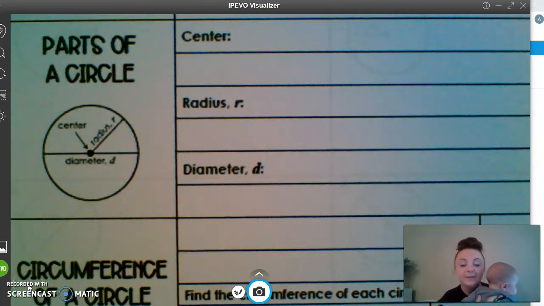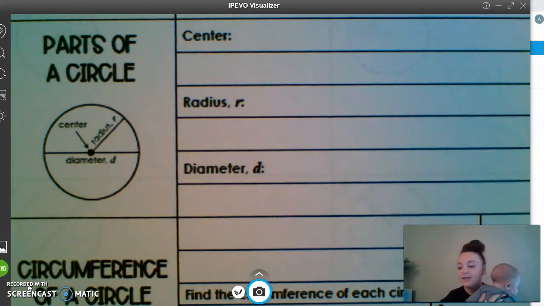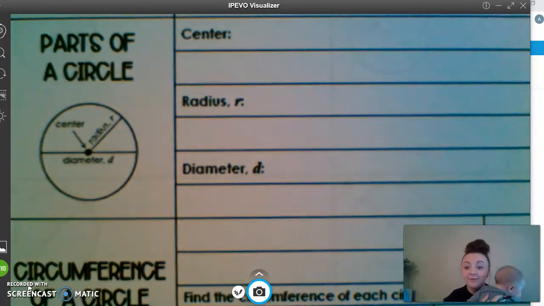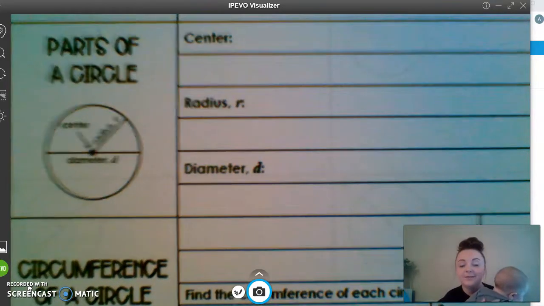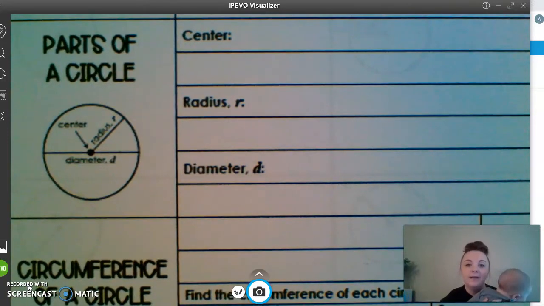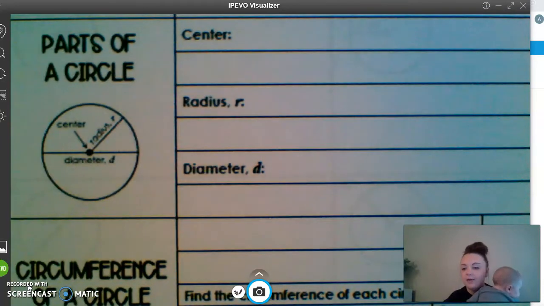Hey guys, so yesterday we did triangles and today we are doing circles. Today we're going to do circumference, and then your very last math lesson in 7th grade will be on area of circles on Wednesday. So before we can do circumference and area though, we have got to talk about the different parts of a